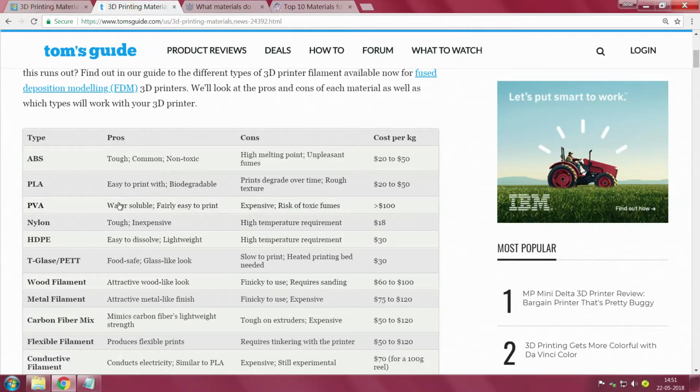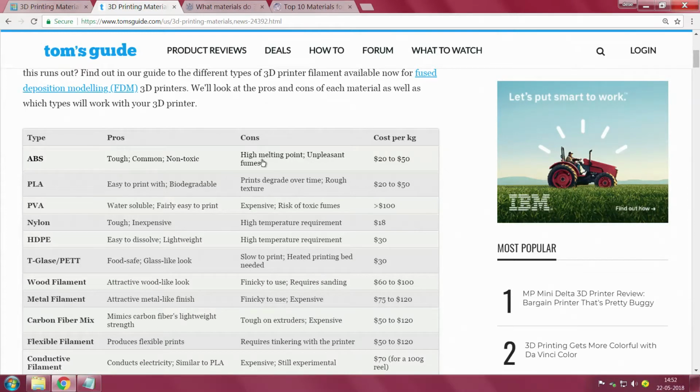You see here the starting point is usually ABS. ABS is acrylonitrile butadiene styrene, tough, very common, non-toxic. There is something about a high melting point. Why is it a con and why is it not a pro? Con is because that much higher melting is required, and hence the layup and all may be smelly. And on the right column they have given details about how these things are.